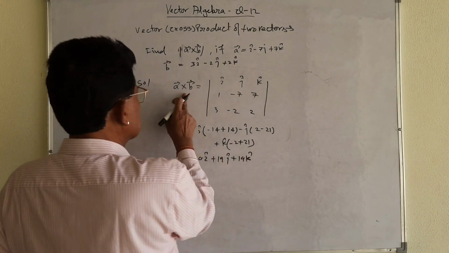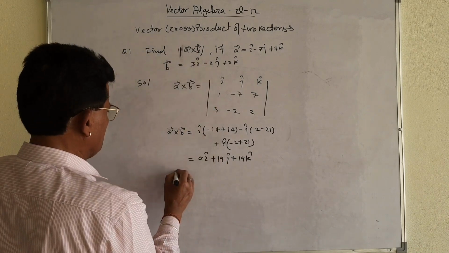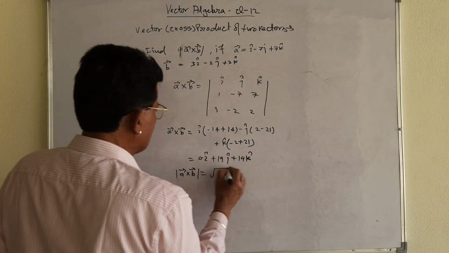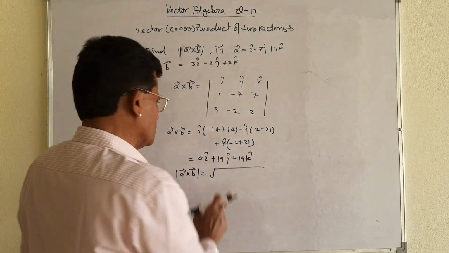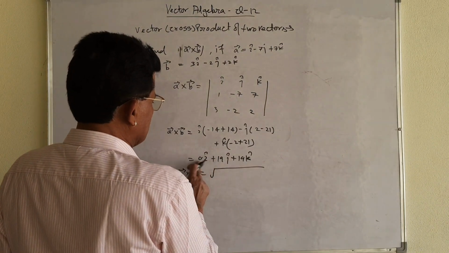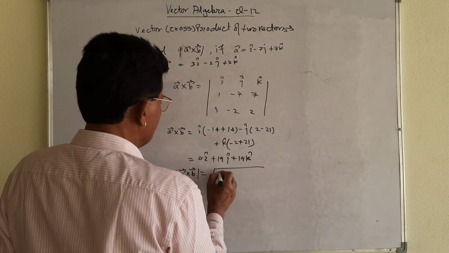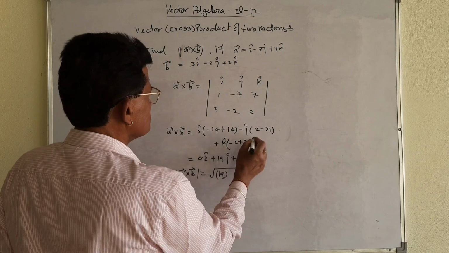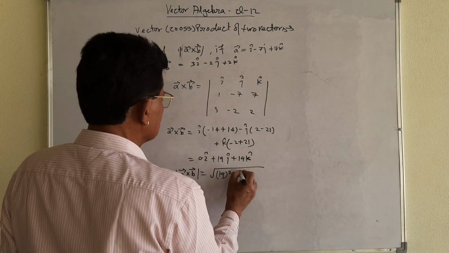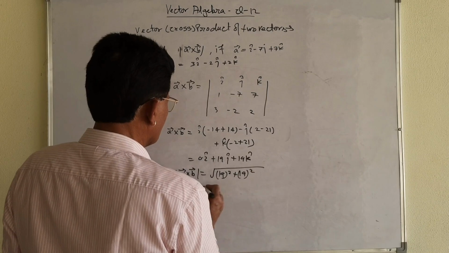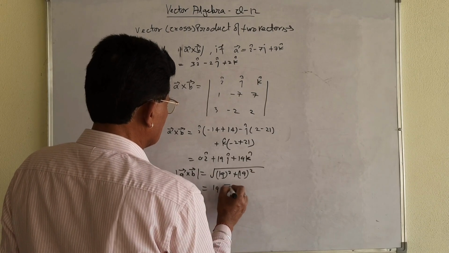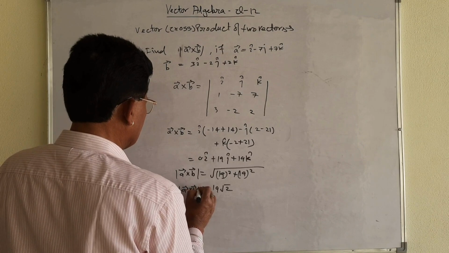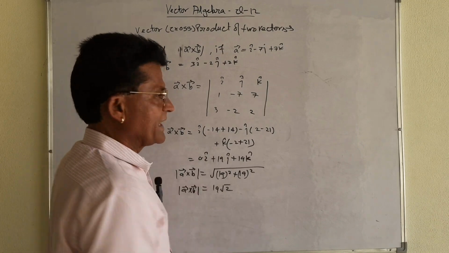But here it is given, you must find its magnitude. Now, find the magnitude of the vector. What will be its magnitude? I already told you how to find the magnitude. You take the scalar components. देखिए i का जो scalar component है वो 0 है, तो इसलिए मैं 19 ले लेता हूँ. That will be 19 square plus 19 square. That is very important. 19 you take out, root 2. That is why the magnitude of the vector A cross B will be equal to 19 root 2.